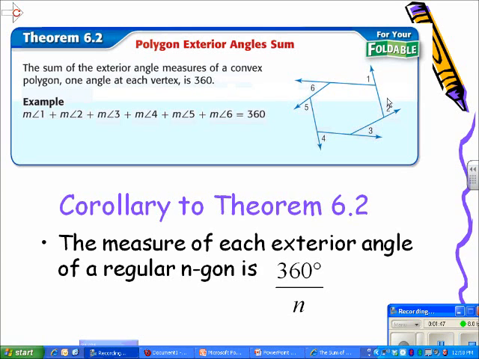So if I would add up all these outside angles on that polygon, all 6 of them are going to add up to 360. And it doesn't matter if I have a hexagon, a heptagon, an octagon, whatever. They're always going to add up to 360 degrees. So a corollary to that theorem is the measure of each exterior angle of